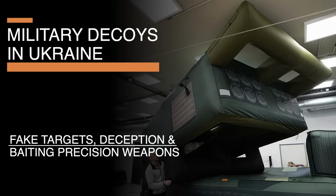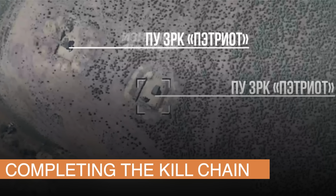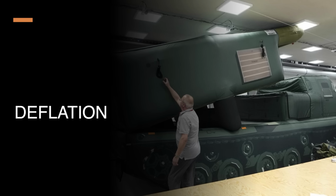In Ukraine, the combination of drone technologies with long-range precision weapons has made the battlefield an increasingly dangerous place for valuable targets. You can imagine a scenario where a Russian drone operator flies their Orlan deep behind Ukrainian lines, spots something valuable, like a HIMARS or a Patriot launcher, in all their low-resolution glory, and within minutes, a multi-million-dollar Iskander ballistic missile is flying towards the target, only for, moments later, the drone operator's mood to rapidly deflate, along with